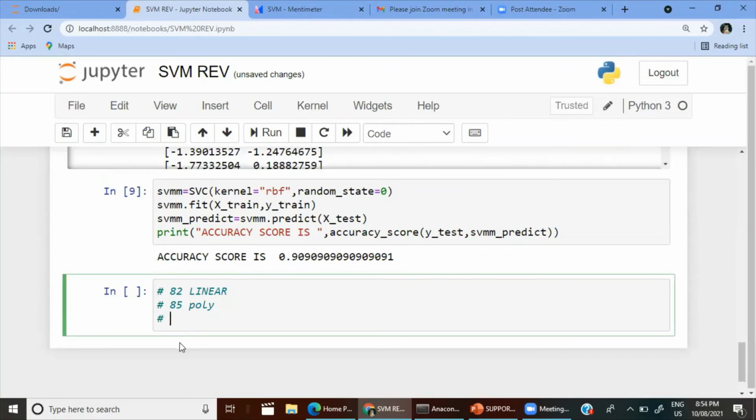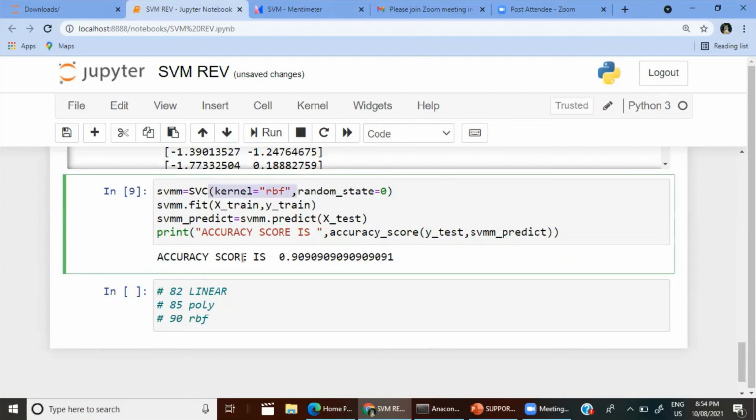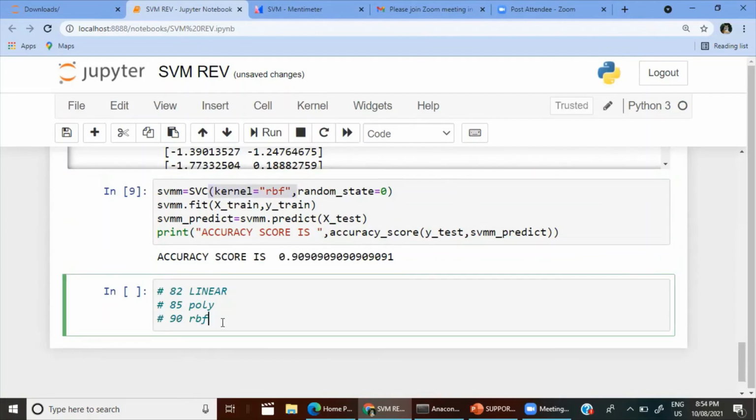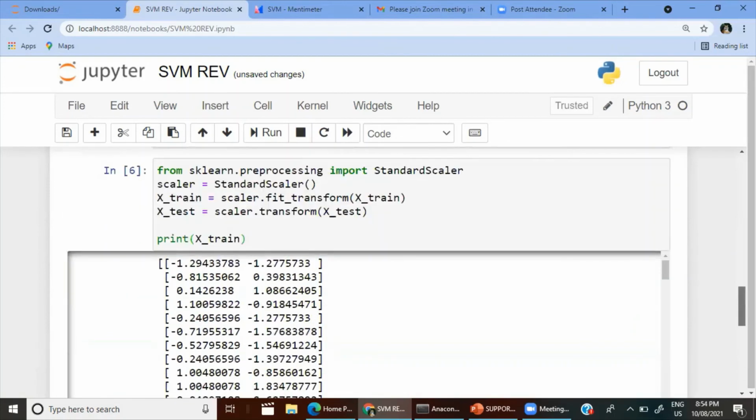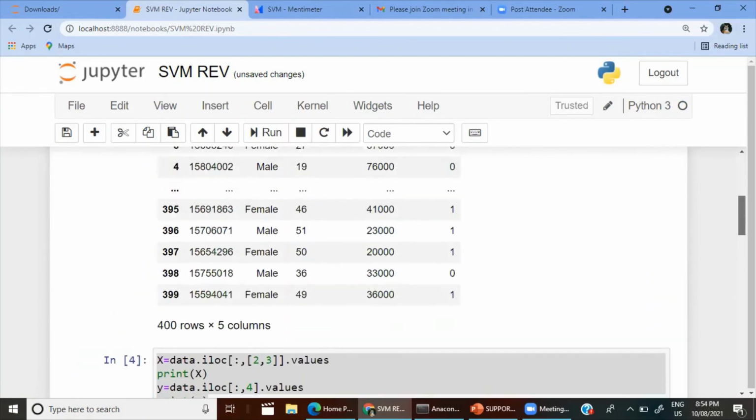So we have to change it according to the model and the data. So here we get 90% with RBF. So totally we have 3 kernels, and the accuracy score has improved from 82% to 90%. So this is all about SVM, that is support vector machines.